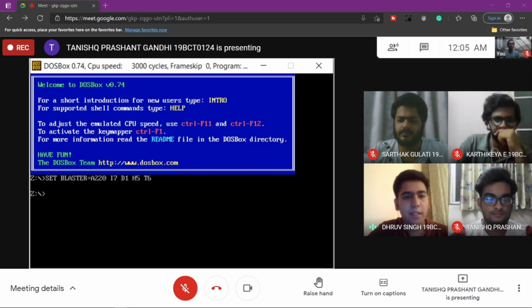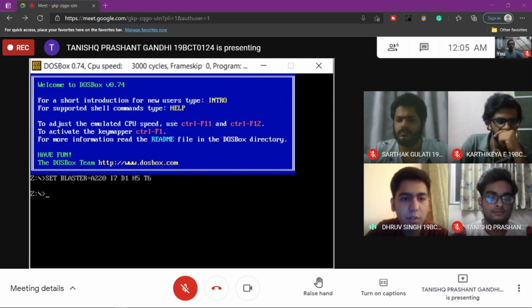So here, as we can see, MASM, or the Microsoft Macro Assembler, is an 8086 assembler that uses Intel syntax for MS-DOS and Microsoft Windows. There are two versions of the assembler: one is the 32-bit package and the other is the 64-bit package. Mounting is a process by which the operating system makes files and directories stored on a device available for users to access via the computer's file system.